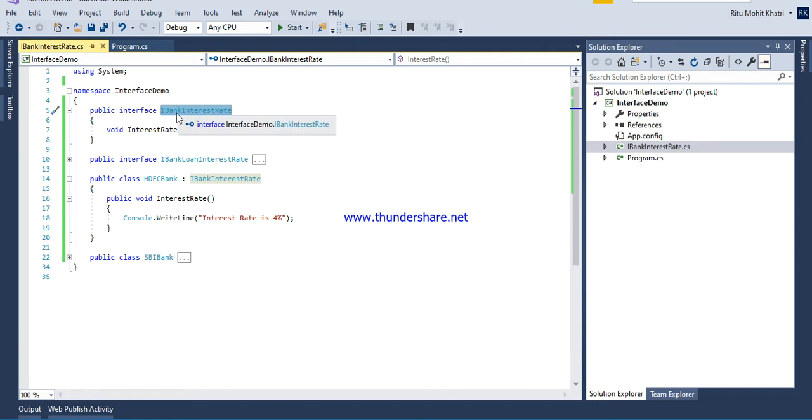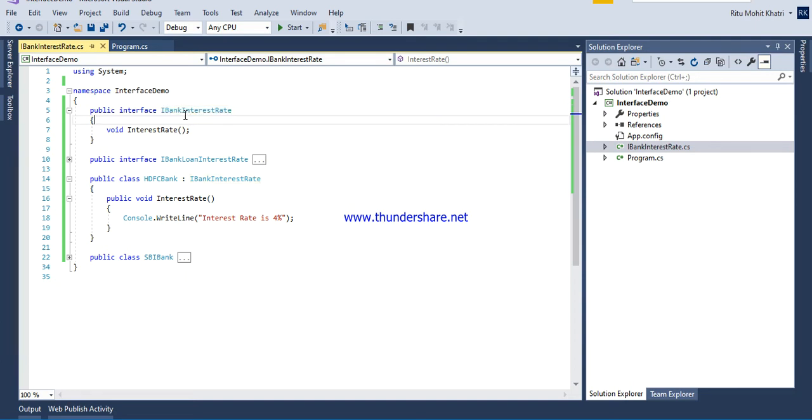That's why we are using the bank only here, not the bank name. You can use any name here, just for better understanding. Wherever we have other banks, they will just inherit this interface.